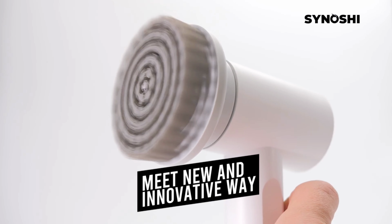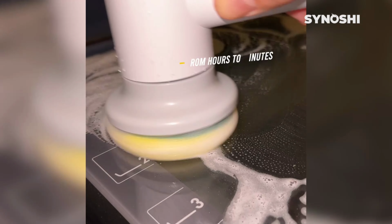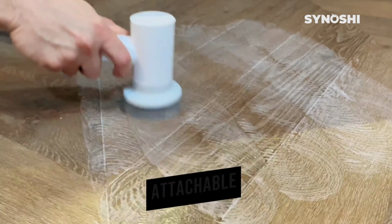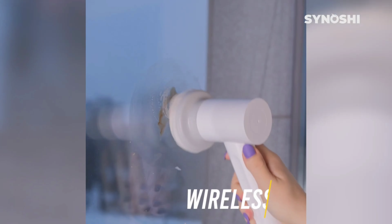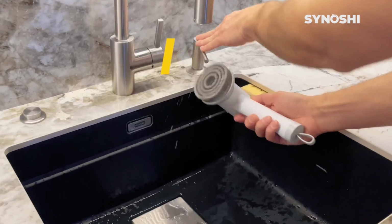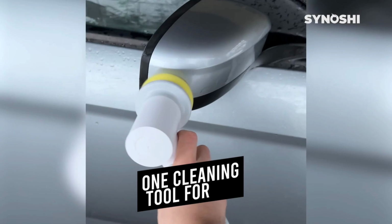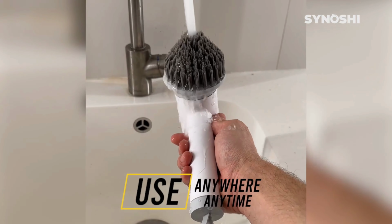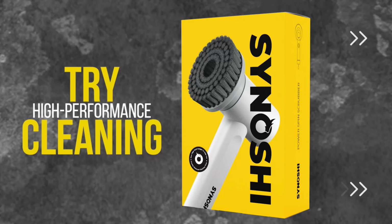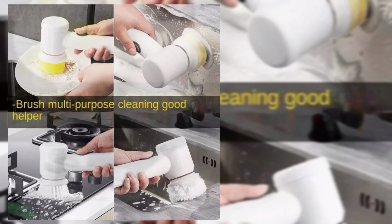Number 9. Introducing the Electric Spin Scrubber, a powerful bathroom cleaning brush with 5 replaceable heads. Made from durable ABS and nylon, this scrubber ensures a spotless home with just one click. Whether it's the kitchen, bedroom, toilet, or living room, this versatile tool handles it all. The charging version comes with a nylon brush head, sponge brush head, cashmere brush head, USB cable, hook, and double-sided